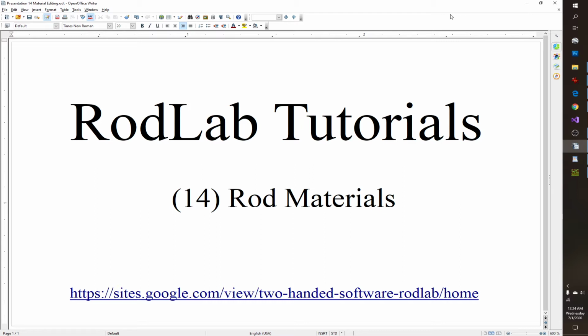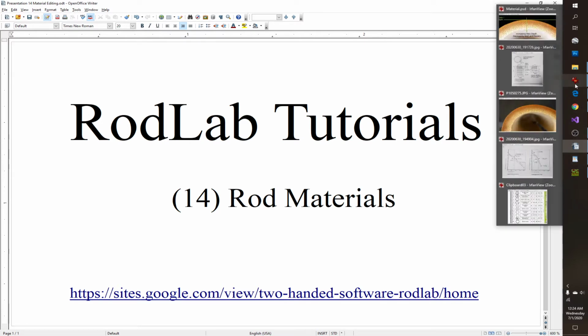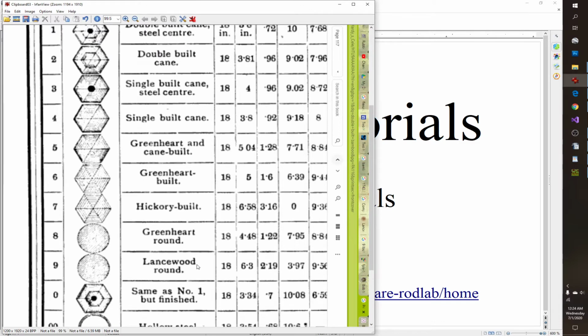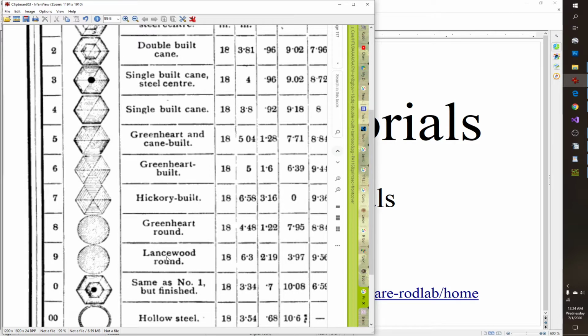But even beyond that, there's a lot of other materials people are using to make fly rods. Today, fiberglass and graphite are very common, but in the past there's been a bunch more, and some of them are still built today. I pulled up a page from an old Hardy book here, and you can see there's a bunch of different things that I would have expected. There's some Lancewood round rods, a Green Heart round rod,